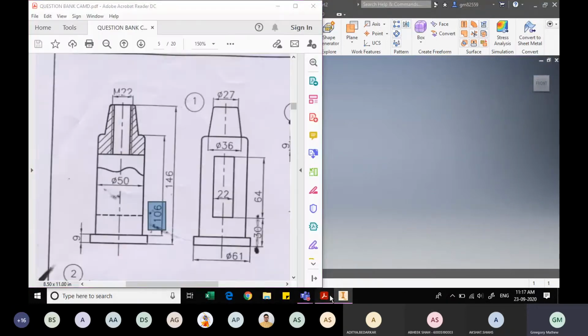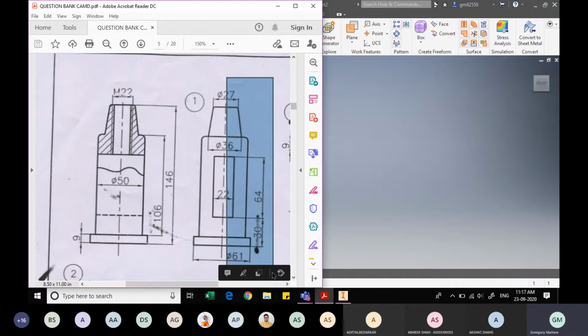So I will just open my sketch. I will keep it on side view. What we will do is draw just half of the sketch, and we will revolve that half sketch completely about the axis. We will be plotting just this portion of the sketch and revolve it about the central axis that you see.